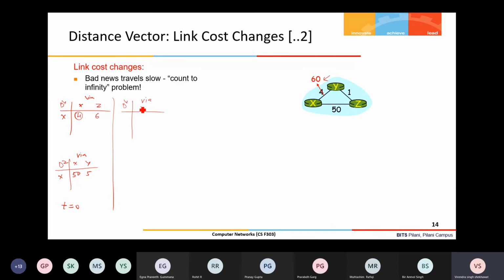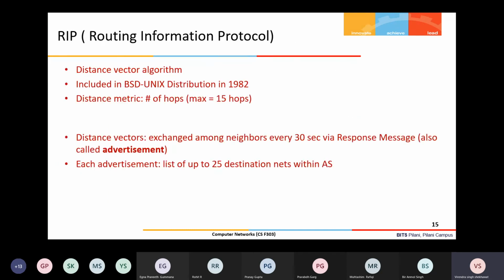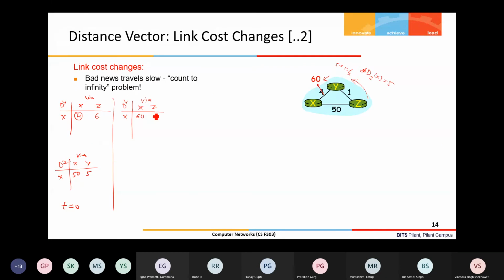Now what is the new least cost for x from y? What will be the new cost? Because this 4 now becomes 60 and this is 6 only. So in place of the direct link, z has advertised to y that it can take you at a cost of 6. That distance vector was there with y: the cost from z to x is 5 and my cost to z is 1. So y will compute 5 plus 1, that is 6. So now this 6 has become the least cost, right?